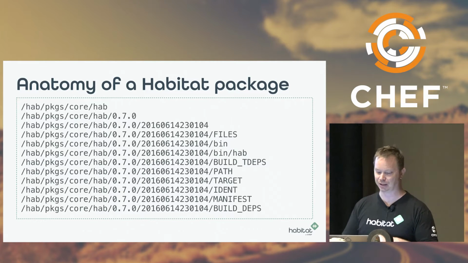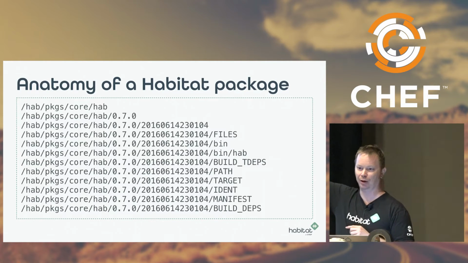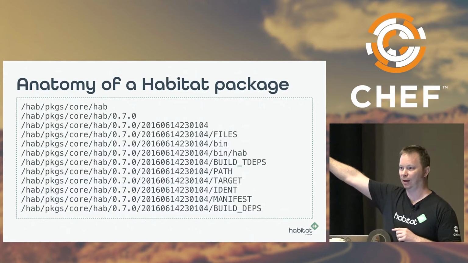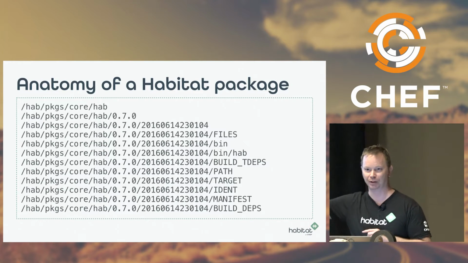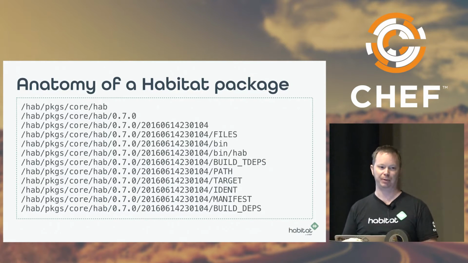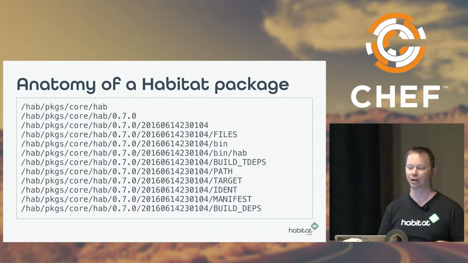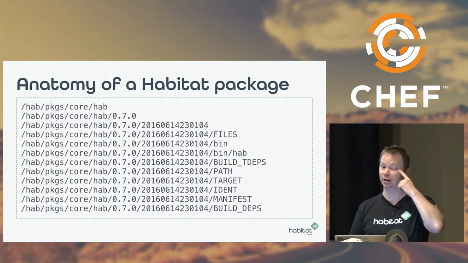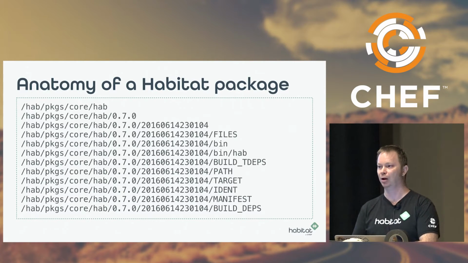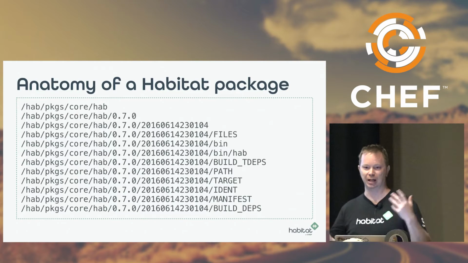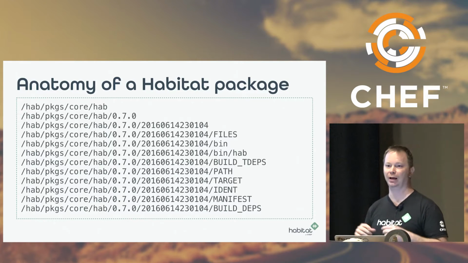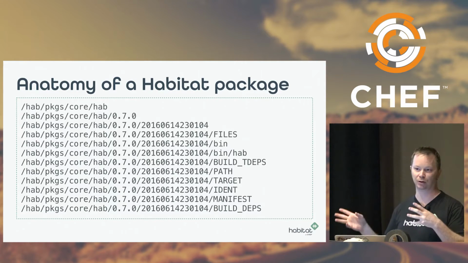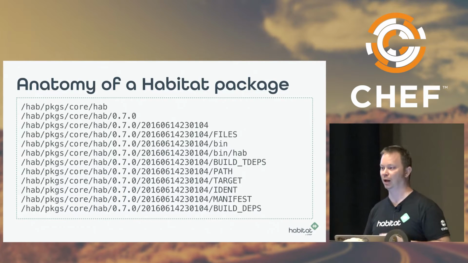So the other thing is that in this package, I have a bin directory with a Hab binary. Hab is a statically compiled binary, so it doesn't have any runtime libraries or anything else in there. But your application might have a lib directory or an include directory with headers, or if you're using dependencies like libpng or libxml, those packages have those directories because that's part of that software. But if you have like a Rails application that has a config directory and your lib directory and the vendor directory where you put your bundle, like all that stuff would be in this directory here.